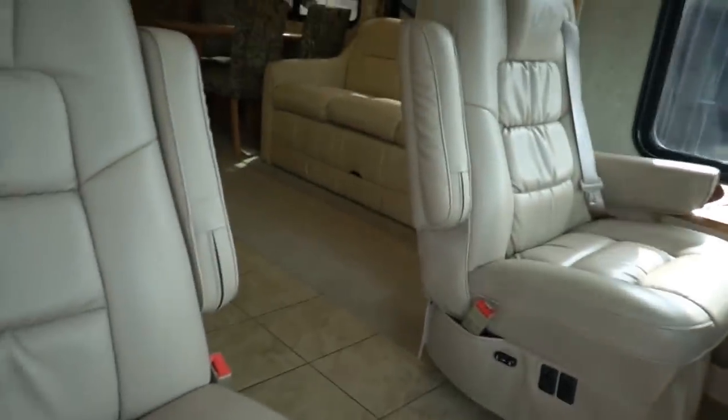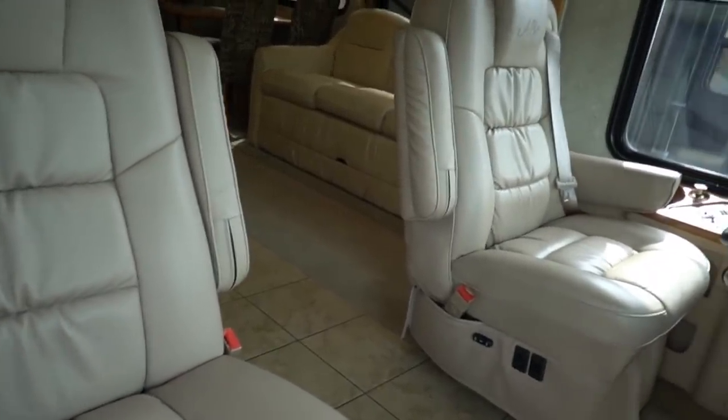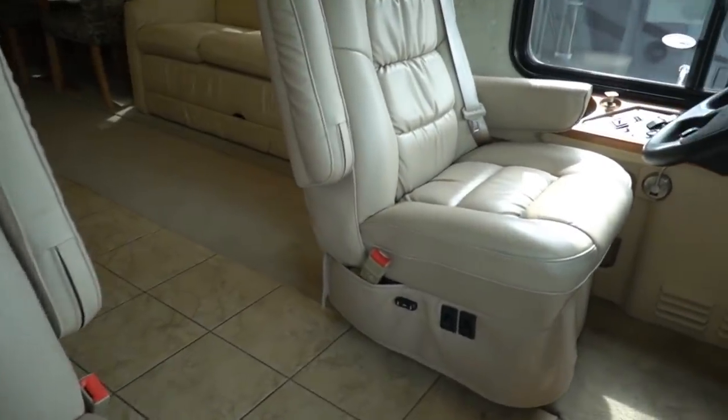I mean, this was the smallest Alfa they made in 2007, and it was still 200 grand in '07 prices. It'd be quite a bit more today if they still made it. But